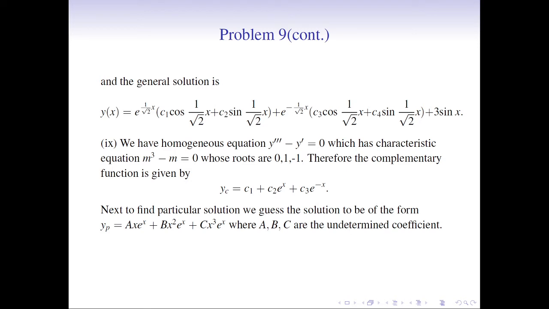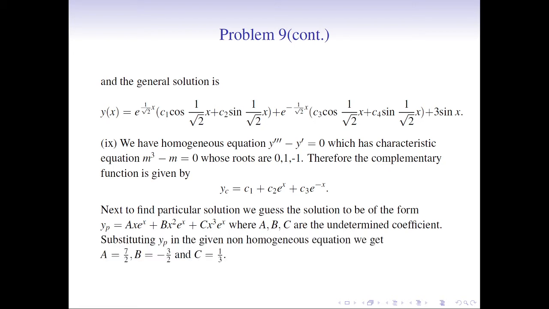Okay, here we see that the derivative goes till 3, so therefore we take it till 3 out here. A, B and C are the undetermined coefficients which we need to find out, because these are involved in the particular solution, and the particular solution is not allowed to have any arbitrary constants. Okay? So we substitute yp in the given non-homogeneous equation.